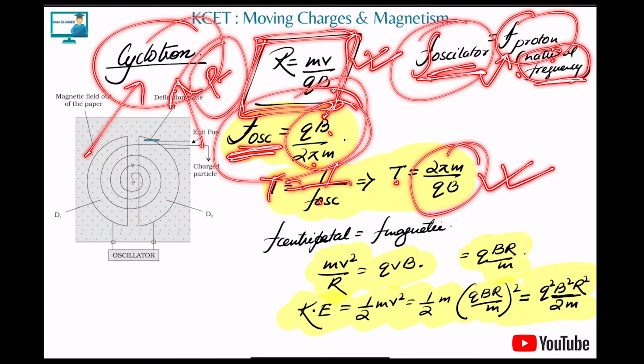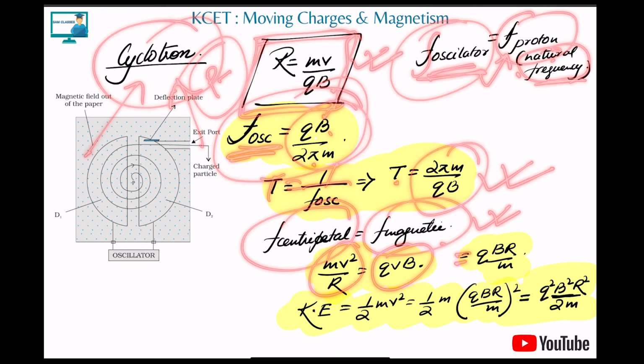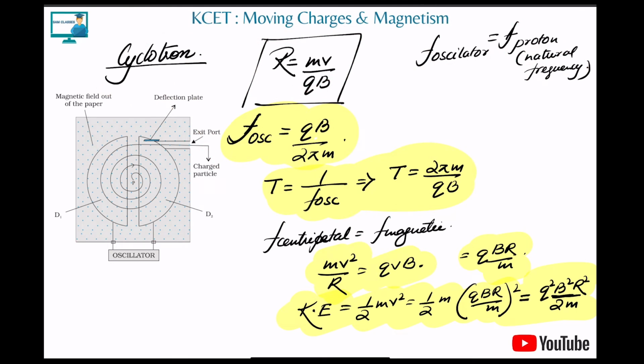So formulas are same. F centripetal is again the same as F magnetic. So mv square by r is equal to qvB. So from here directly we can get mv equal to qBr. Okay. Now what you can see is, because we got this cancelled, kinetic energy is equal to what, students? Half mv square. So directly we can find the formula. Okay, so mv square will be equal to what? qvB times r. Okay, we can find the value of v square.